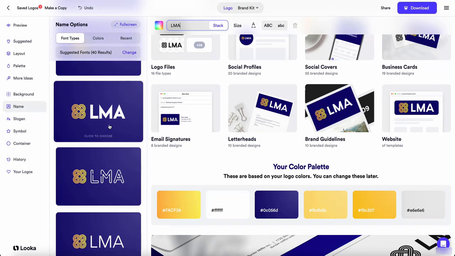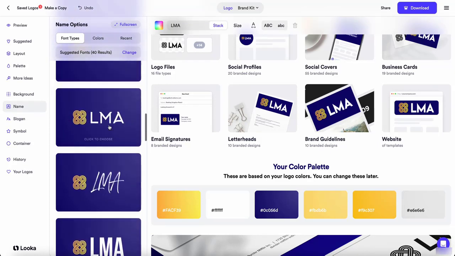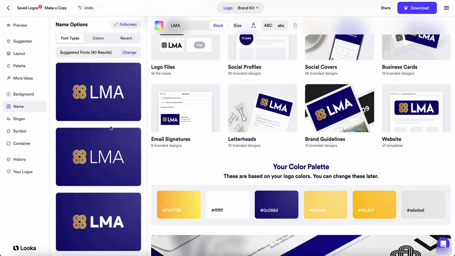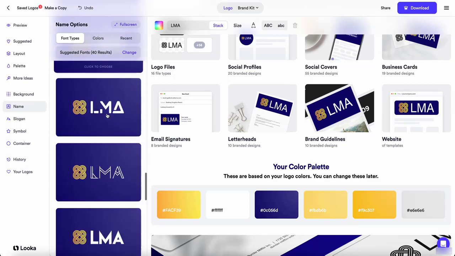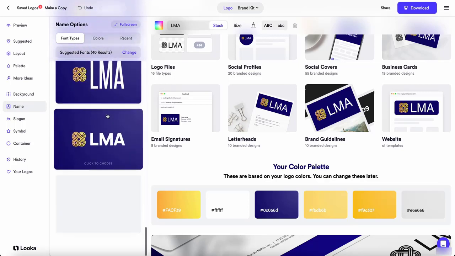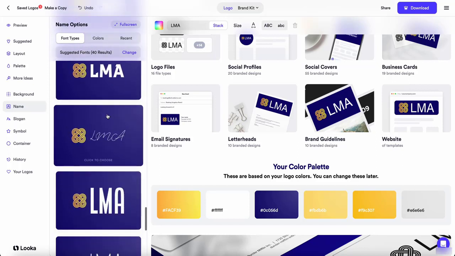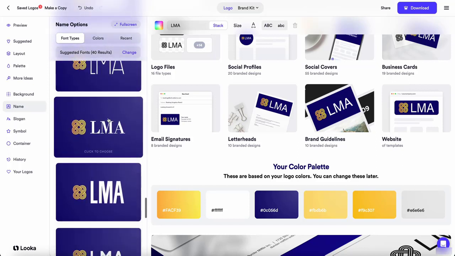This is quite okay. But something is missing there. Maybe the one on top was okay. Maybe the name is not good, but let's check a little bit more.